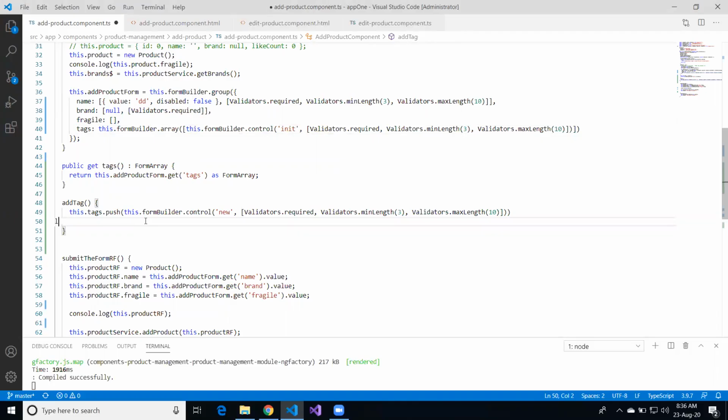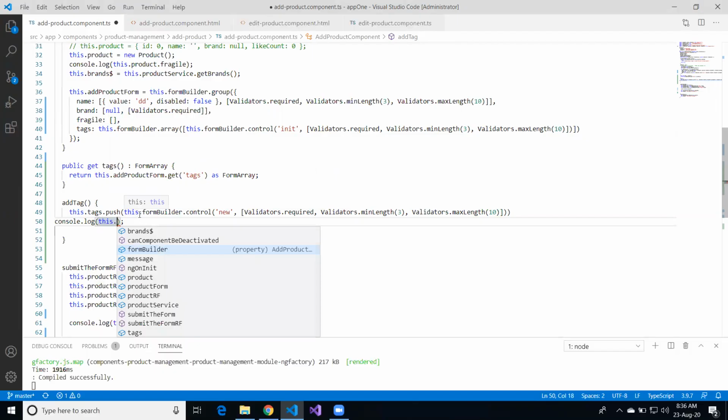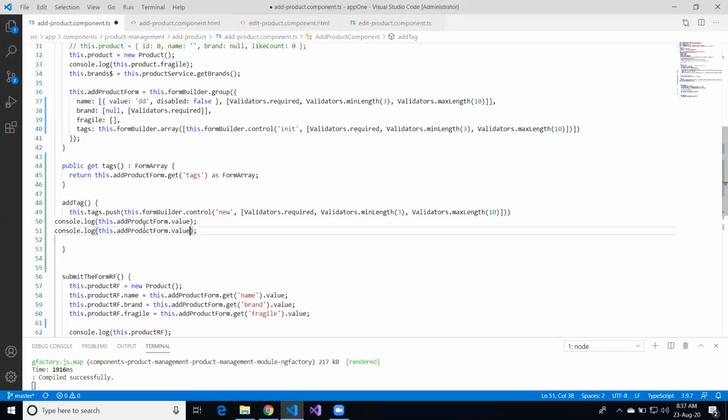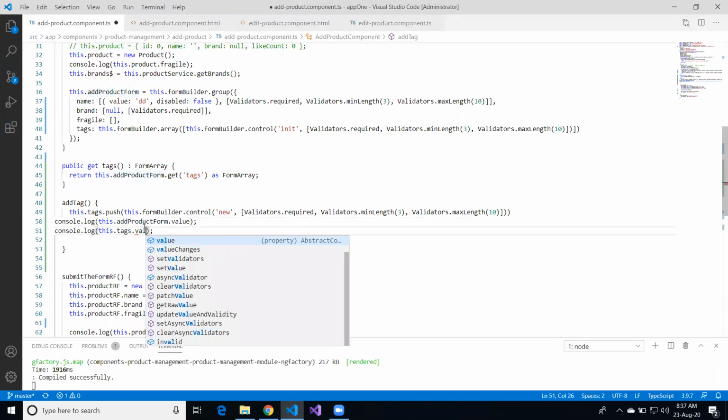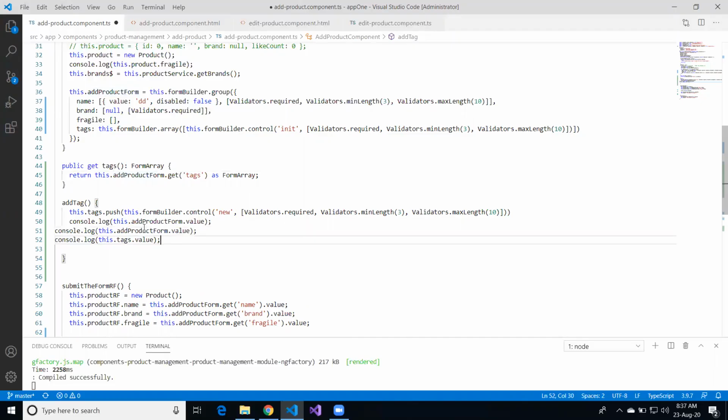Let me write a couple of things over here. One is this dot add product form dot value, and the other one is this dot tags, because we already have the tags property. We'll read the value of it. And one more thing that we'll do is